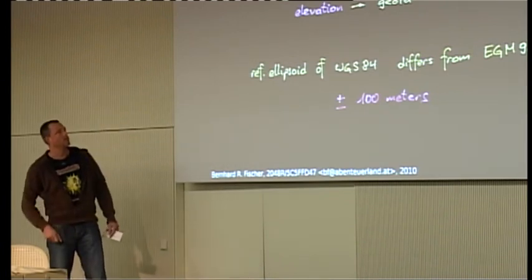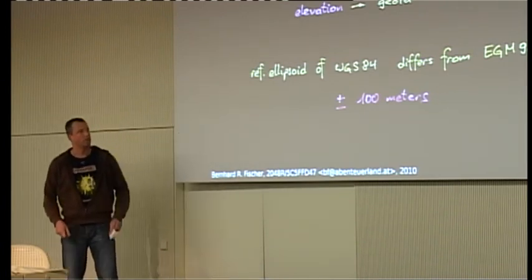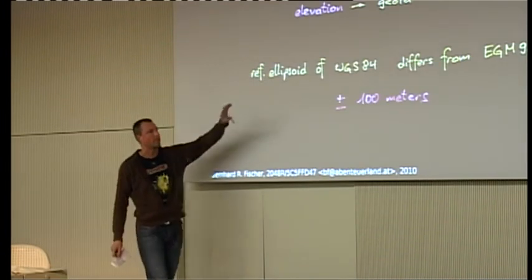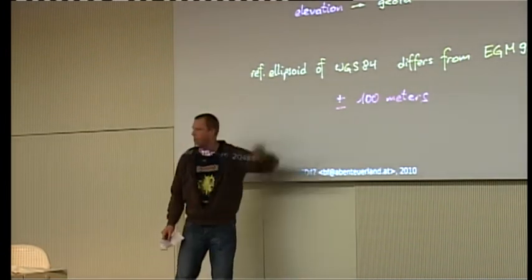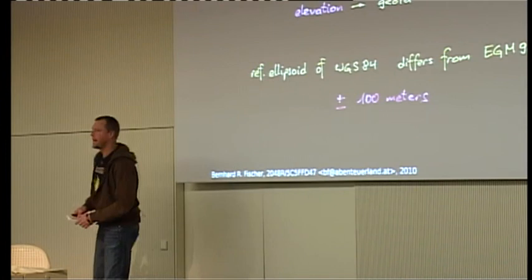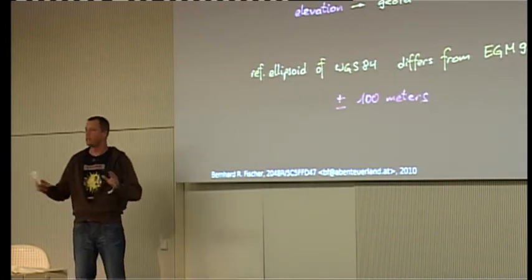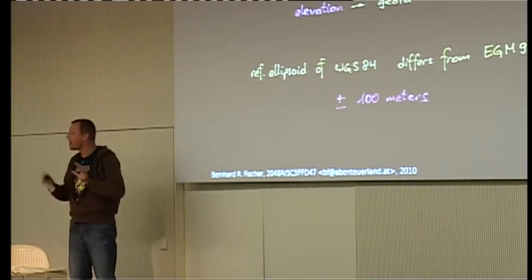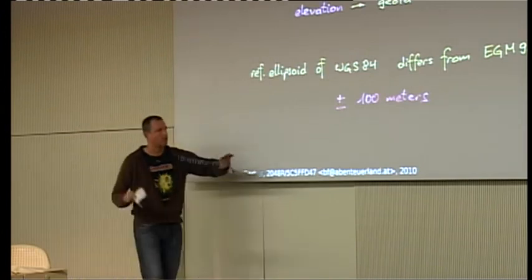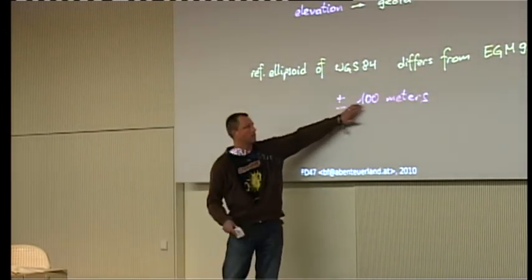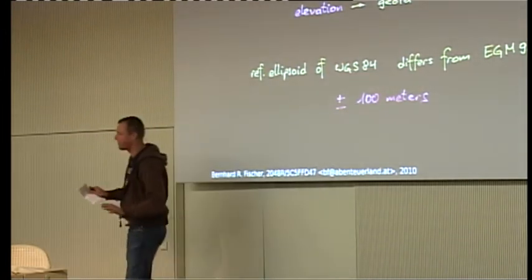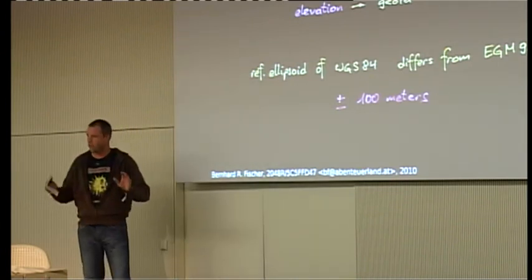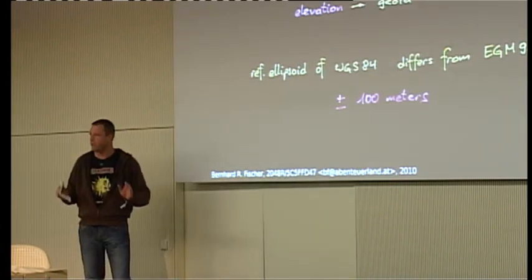And that's why in WGS 84 we have those two different models. And if we compare the ellipsoid used here to the gravitational model, we can see that, depending on which location you are on the Earth, it's not 100% exact, but roughly about plus minus 100 meters, okay? And that's pretty much. That's really pretty much.